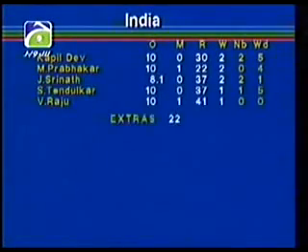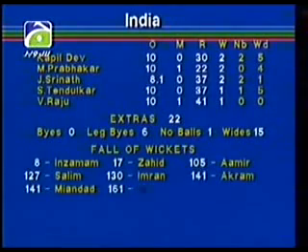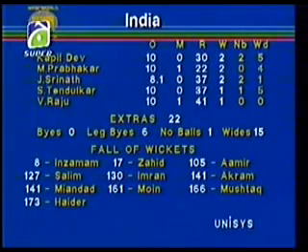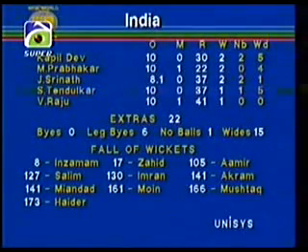The bowling figures for India, they did a terrific job. Kapil Dev, 2 for 30, and Prabhakar, once again, those two fellas up the top of the bowling order, did great work for India. 2 for 22, Prabhakar. 2 for 37, Srinath, again bowled well and without a great deal of luck. Tendulkar 1 for 37, and Venkatapati Raju, 10 overs of spin and flight, and 1 for 41.